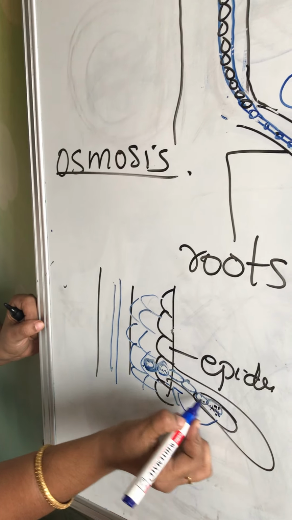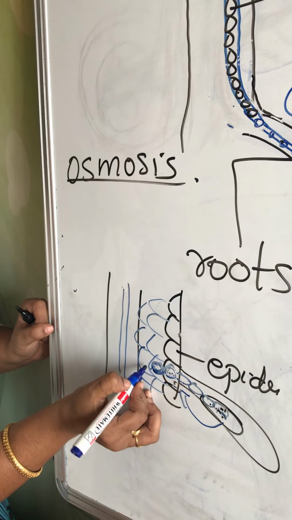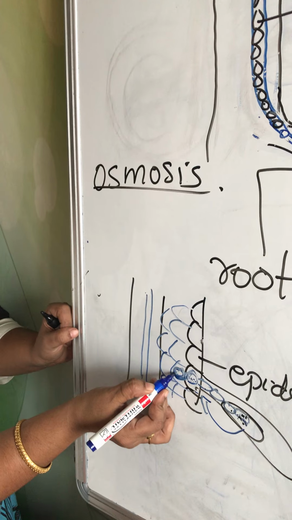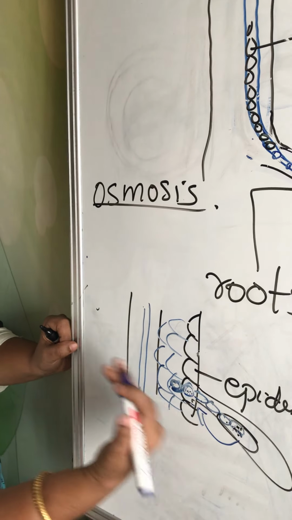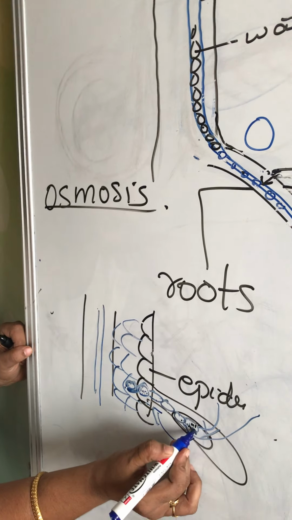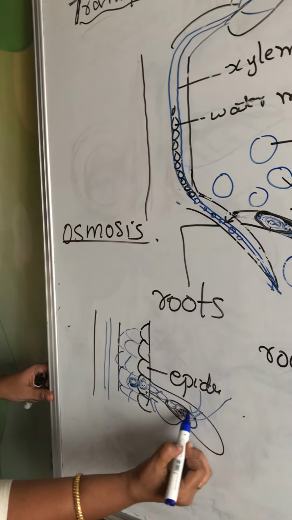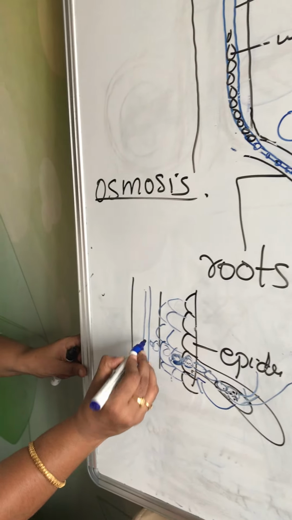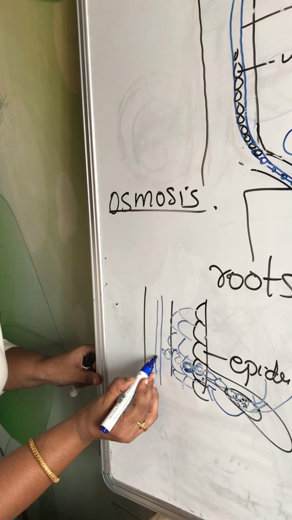So you can see here the water molecules are making a queue. It is lined up in a queue, and as it enters the cortical cells, the previous molecule will move further and one more water molecule will enter the root hair. From root hair to the root, it's just like how you move in a queue. The front person moves, then the next person will move further. So this is the way the water molecules will make a continuous column, and the same way they will move and enter the xylem.